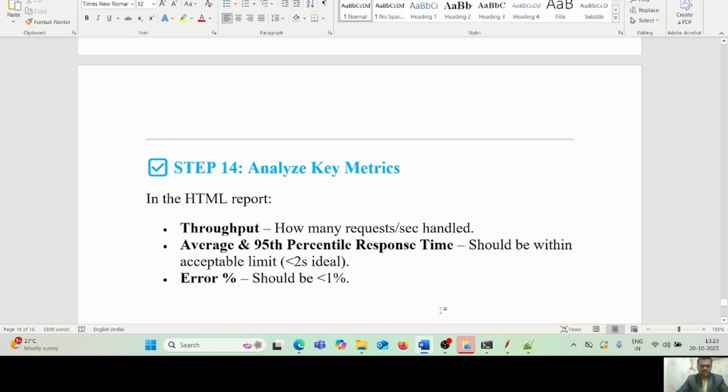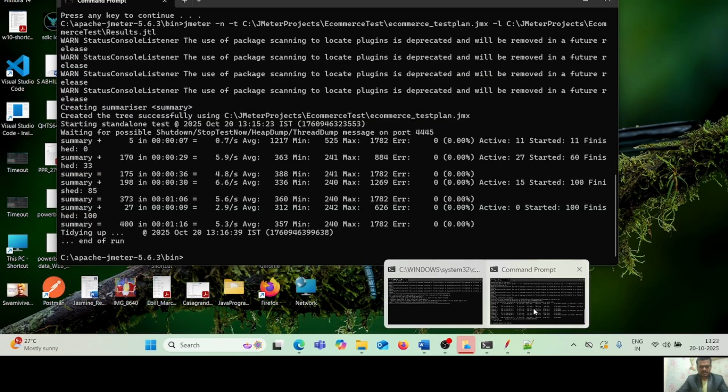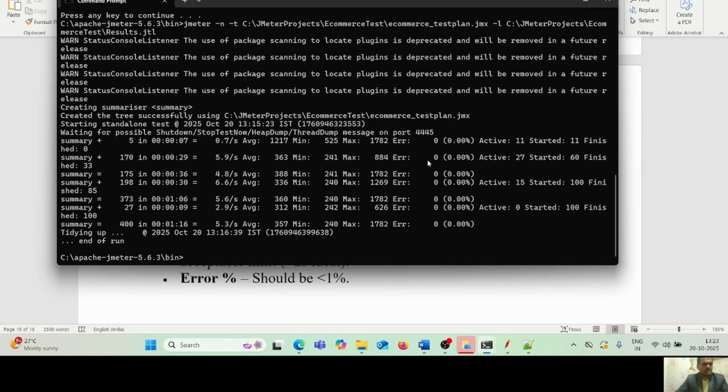Okay, this result is from local. I mean to say this response time and all, but in real time the response time will be less because the environment will be faster. But this is the way you need to measure in GUI mode and in non-GUI mode. This is one sample, but exactly this way you are going to test in real time. Understood? Okay guys,